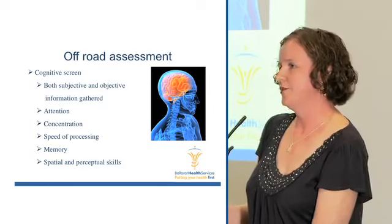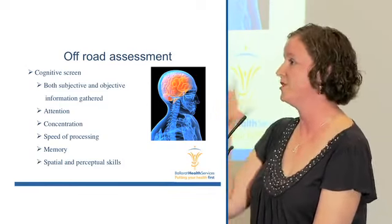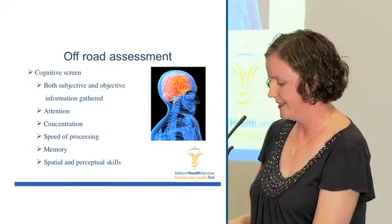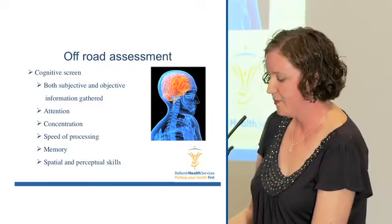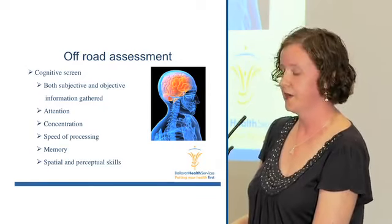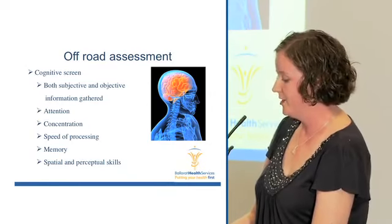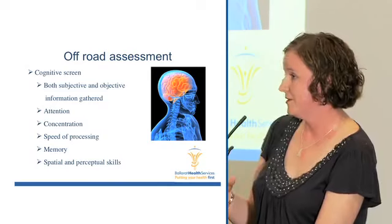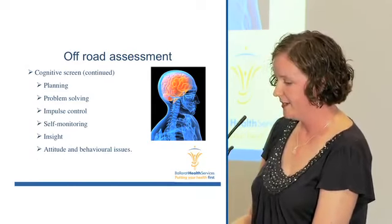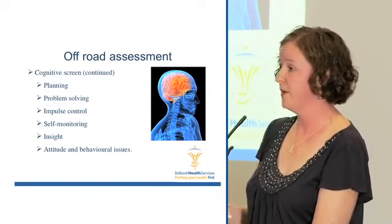But you have to have adequate control over your impulses, so you can't rush into the first thing. You have to actually be able to plan that out, implement an appropriate strategy to maintain your safety. You have to be able to monitor how you're performing the task and make quick adjustments if things aren't going right. And you need to have accurate insight into your performance in order to be able to reflect on your driving and then correct any errors that are occurring. And all of this needs to happen in the space of just a few seconds for that one lane change